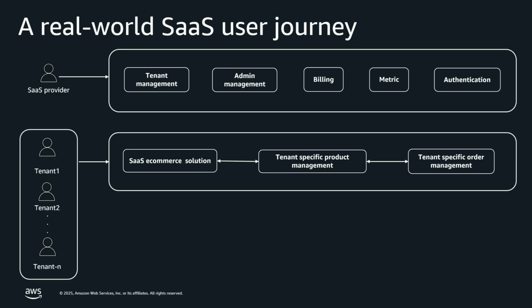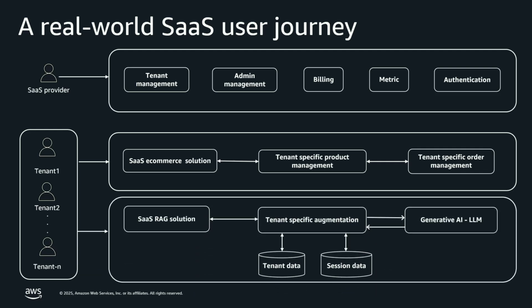One is a SaaS e-commerce solution providing tenant-specific product management in terms of product catalog, where tenants can configure their product catalog. Similarly, tenants can also configure their order management in terms of order processing workflow based on the products that they have configured. And these tenants can also interact with the second solution offering, the SaaS retrieval augmented generation,